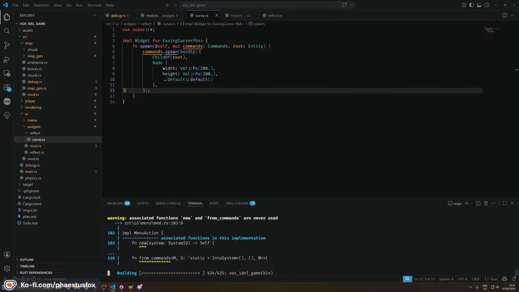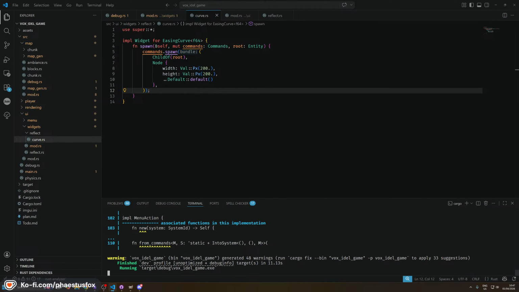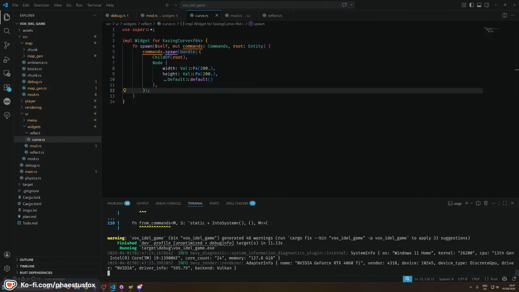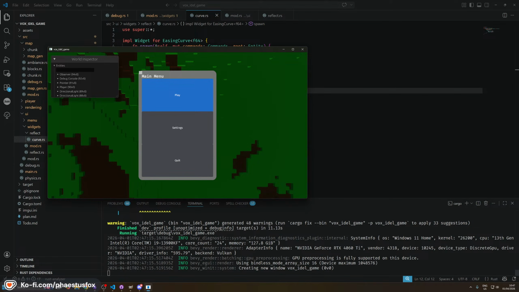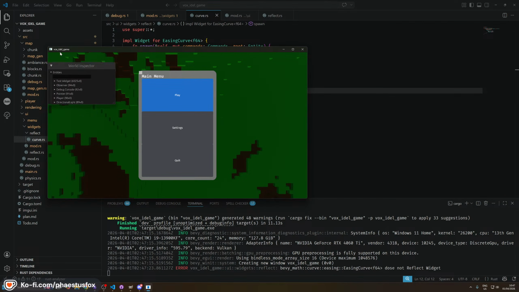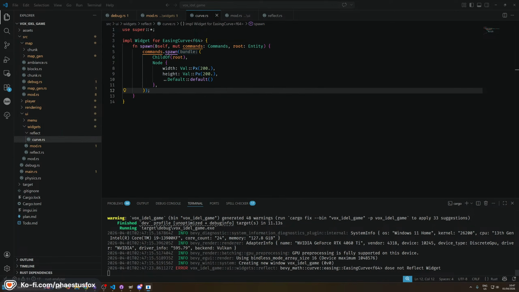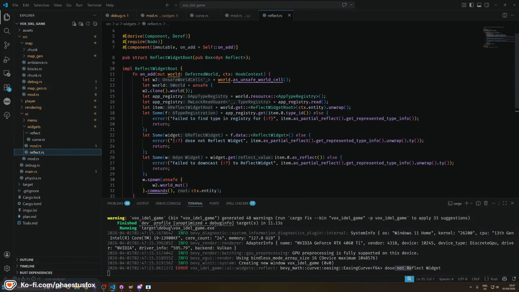This 200 by 200 box is going to be our image for rendering the curve, I guess. Oh, my hair is a mess at the moment. So we hit F11 and go, hey, you spawned the test widget in, yes? And the test widget spawned in the background. Oh, it said does not reflect widget. Yeah, of course. So to go reflect and to go,